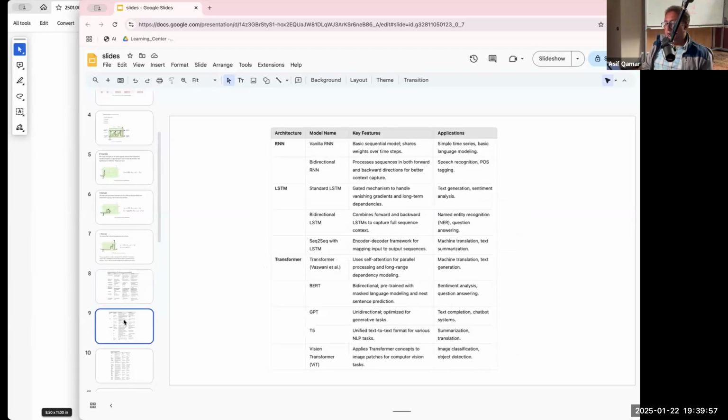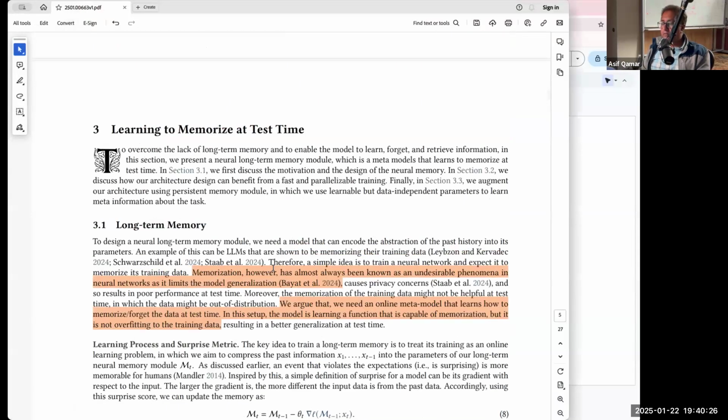Okay, let me see the next here. This is just side information. If you would like to know different varieties of RNN and LSTM, obviously these are the examples. In the case of transformer, there are different types of transformers, right? One is the transformer explained by the Google paper, and then there are other things like BERT and GPT. With that said, let's go back to our paper.